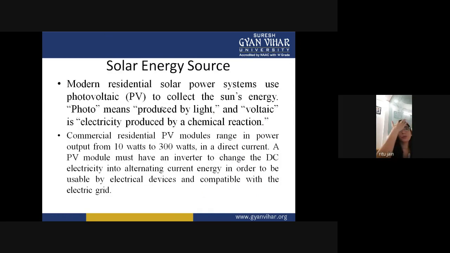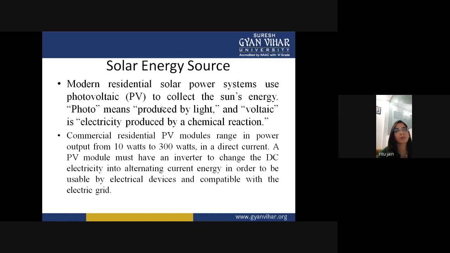Now we come to the solar energy sources. So what is solar energy? Modern residential solar power systems use photovoltaics to collect the sun's energy. And photo means produced by light, and voltaic is electricity produced by a chemical reaction. Okay, so